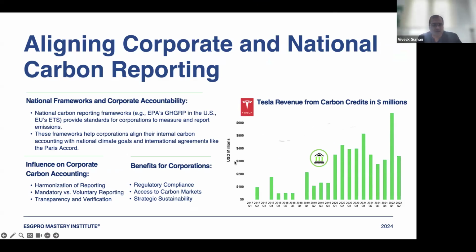And with this, I want to stop. But only one thing I want you to remember here: see the green lines on this screen. You see that? That is the revenue which Tesla is making every quarter. Every 3 महीने में, they are earning around $500 million just by those credits which are getting developed by the EPA GHG system or the European Union ETS system. This is additional revenue which Tesla is realizing.